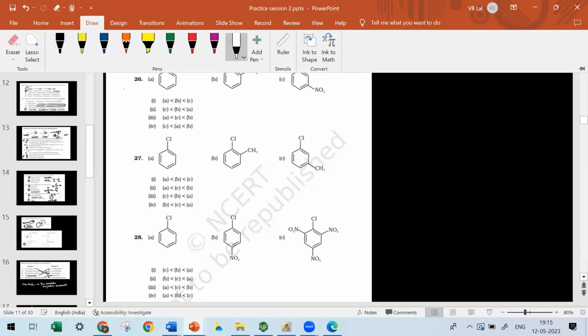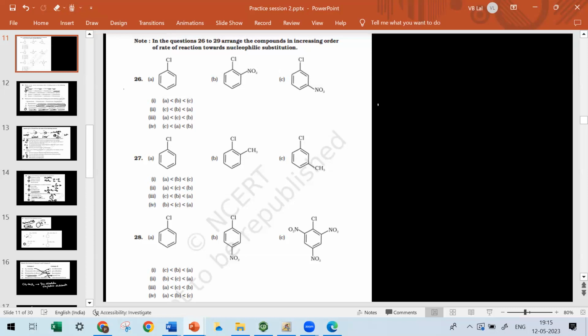So before you start answering, I want to explain a few things. This is your benzene ring. On the benzene ring, I have put chlorine. Now, if I put any substituent on the benzene ring,